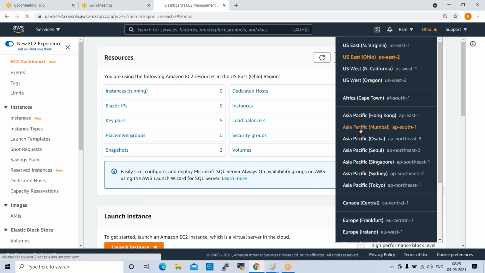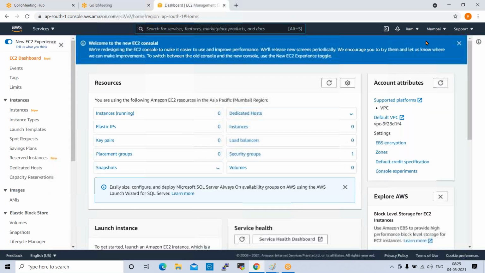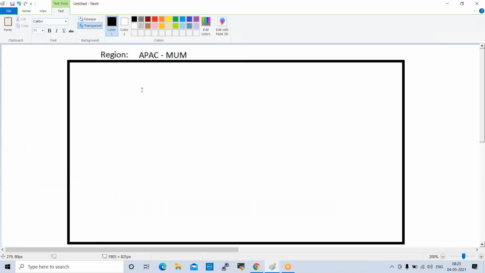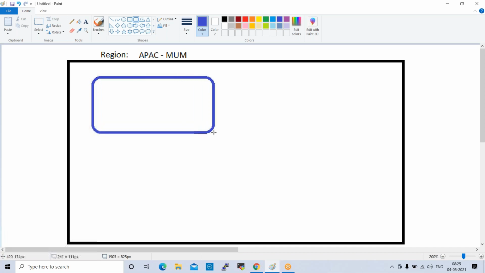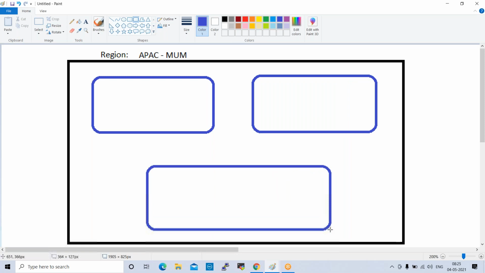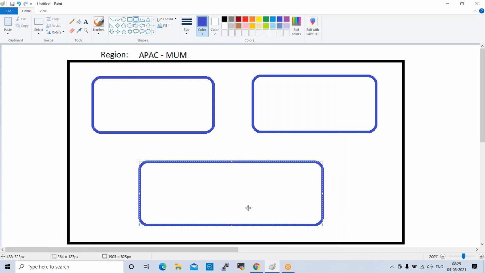Under this region we have availability zones. An availability zone is nothing but also a data center. Like this, availability zones will be available inside of the region. So inside of the Mumbai region, we have different availability zones.